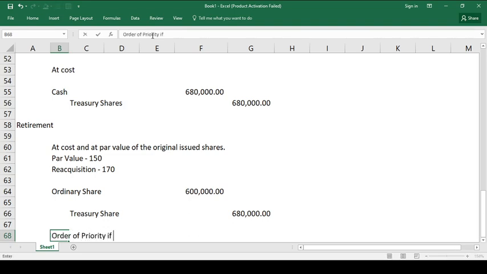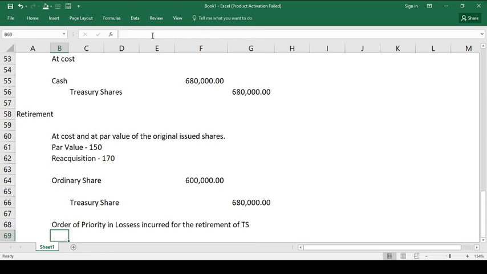Ito, no? Order of priority. Okay, if losses, order of priority in losses incurred for the retirement of treasury shares. Una, okay, the first priority will be the share premium. Share premium of what? Of the